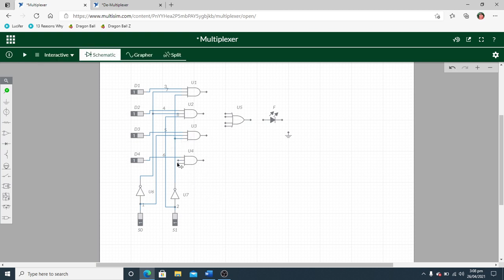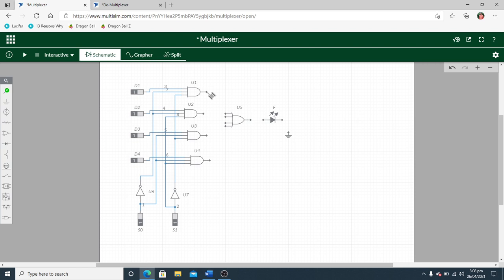Second input of the fourth AND gate we will join it here, and this here.